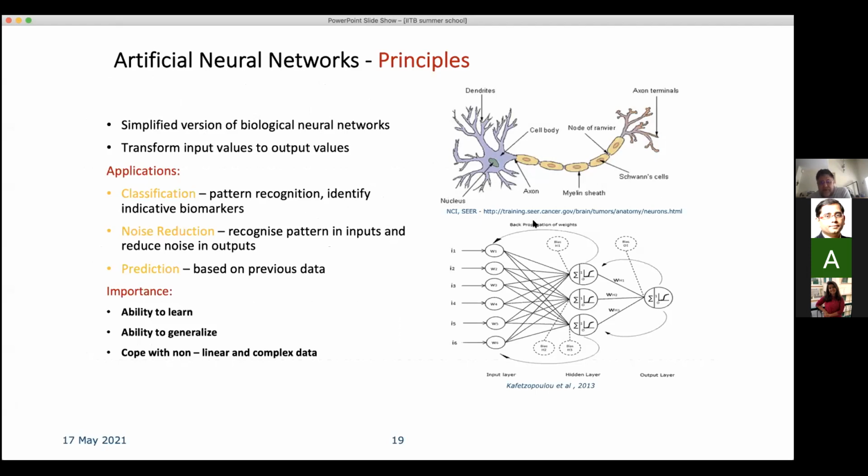The input values are transformed mathematically into an output value. So here, this diagram we see down here on the bottom right, that is effectively inputs. So the input could be a gene or a protein. We have a mathematical conversion layer, which is called the hidden layer. And that takes the sum of the values, applies a function to them. And then those individual hidden nodes in that layer are combined into an output layer.